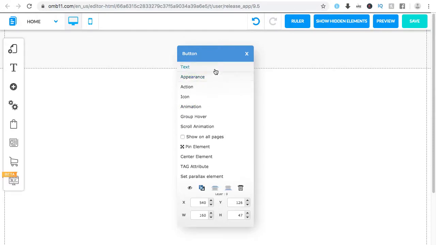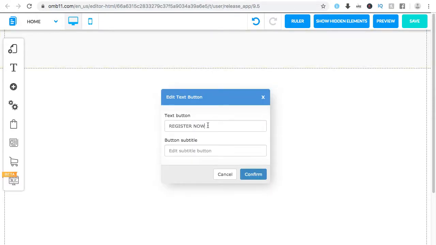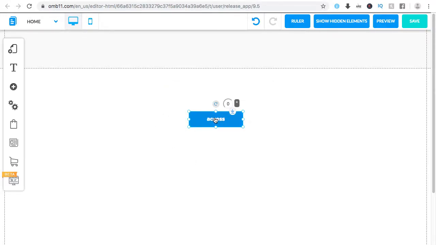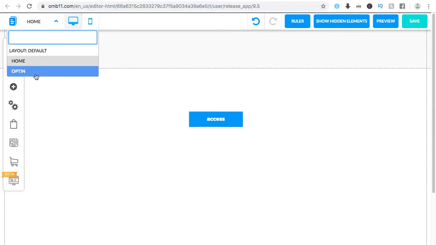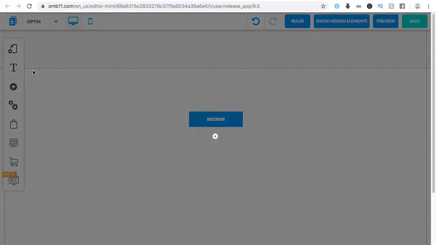Let me go ahead and change this just for your information. So this is the access button. This is where the customer or your leads would sign in. So they need to click this button in order to sign in. Okay, so access. And then on the opt-in page, which is the second page,